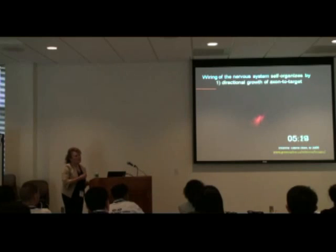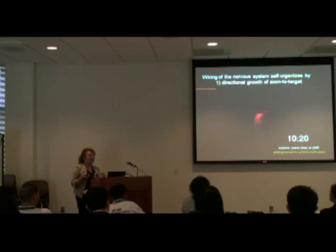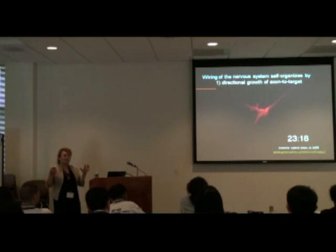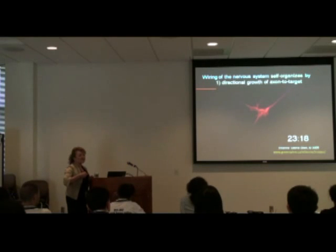So the wiring of the nervous system, and that is how do you go from a cell to a brain? That involves a very intricate process whereby single cells connect into very complex circuits and networks. What's important here, I think we fail to appreciate this many times, is that this is a self-organizing process. You don't have to have experience in the world for your brain to grow, to form connections, to form functional circuits, to reach out into the body, make your toes wiggle and your heart beat with a certain rate. All of these come from self-organization, and they're the result of